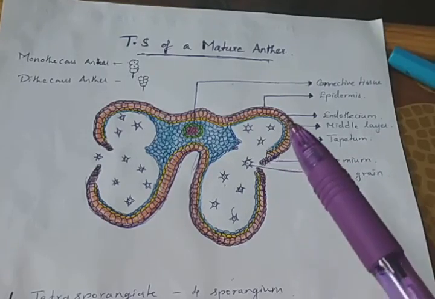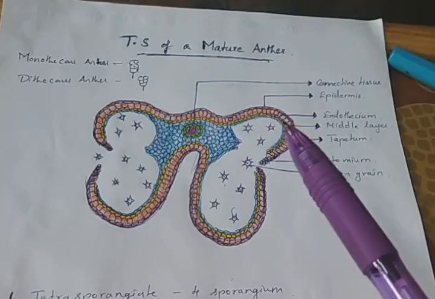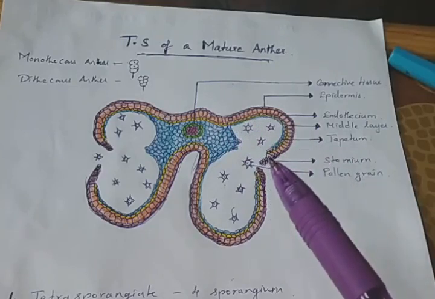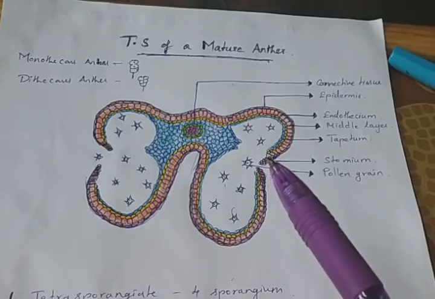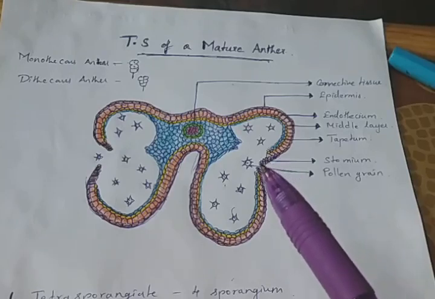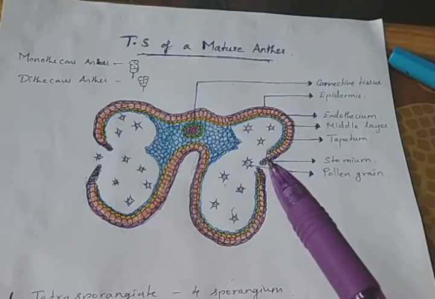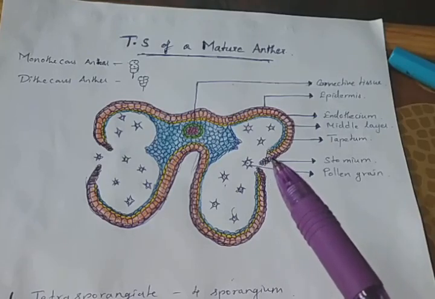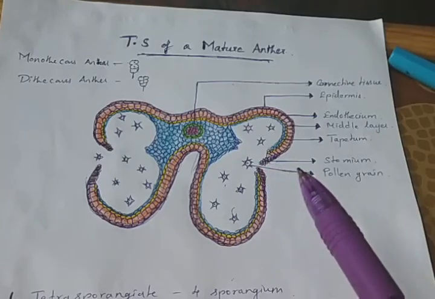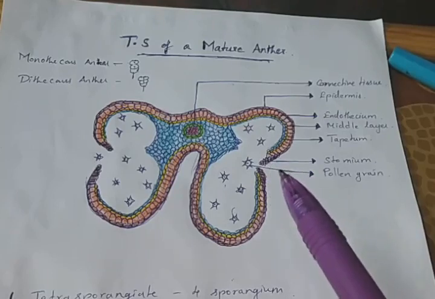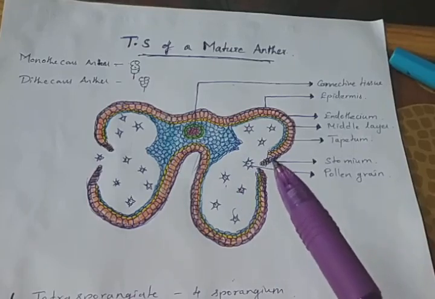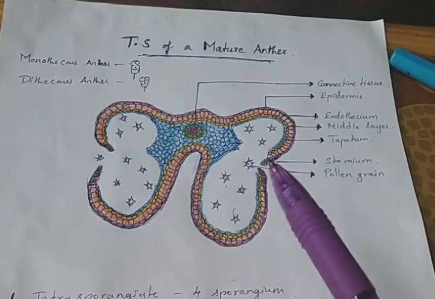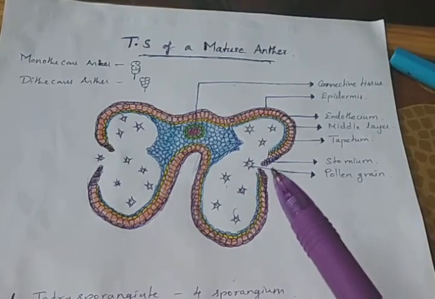Usually the endothecium cells are hygroscopic in nature. Hygroscopic in nature means they can absorb a large amount of water and they swell and dehisce during maturation. After the maturation of the anther, they dehisce and liberate the pollen grains from inside. Dehisce means they split open to liberate the pollen grains after maturation. They absorb water and split open.